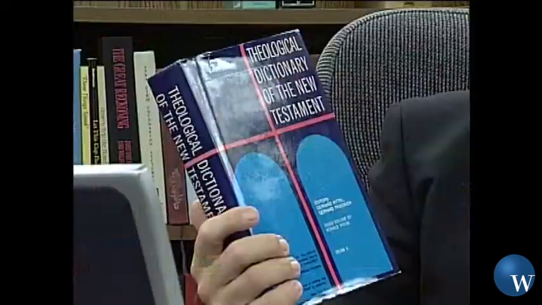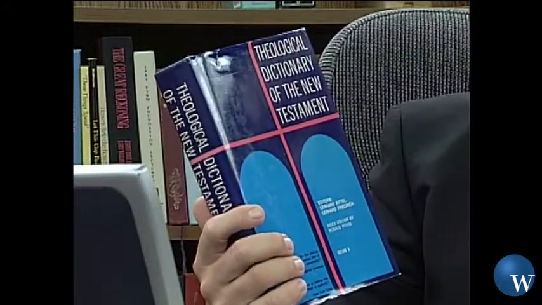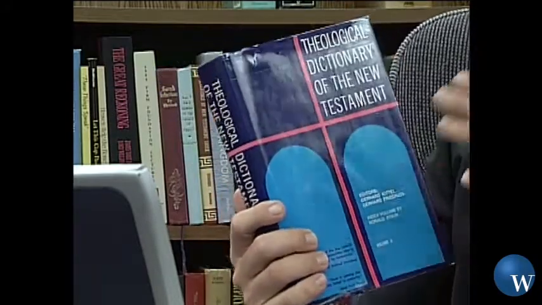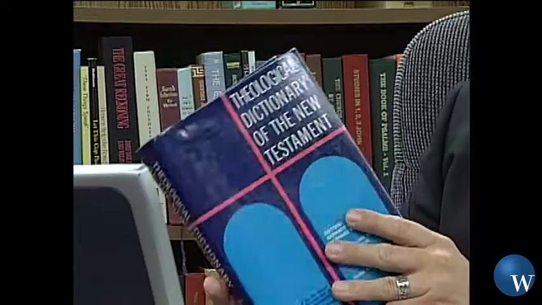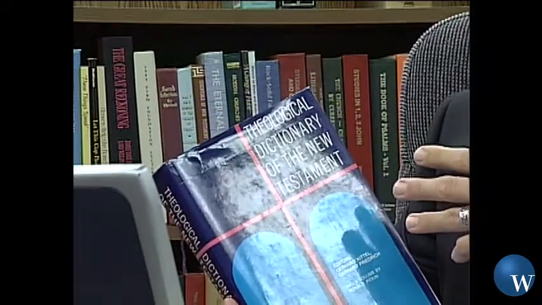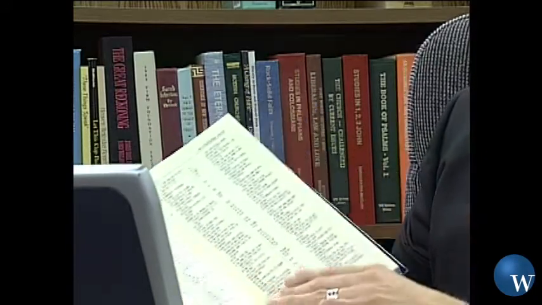Another one, and a very well-known particular work, and I've only got a copy of 2 of them here, actually just 1 volume, one of them's an index, is this work sometimes just referred to as Kittle's. And this is the Theological Dictionary of the New Testament, sometimes called TDNT. There are 10 volumes, a 10-volume dictionary set that go into great detail over many of the words in the New Testament. And you can either look that word up